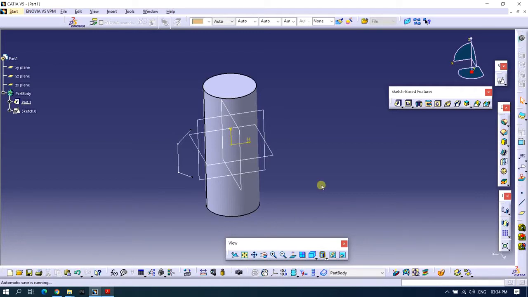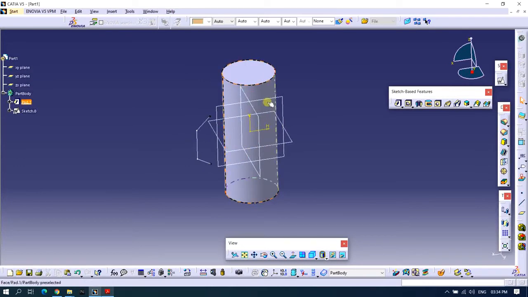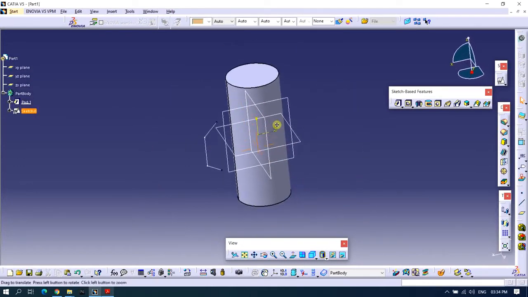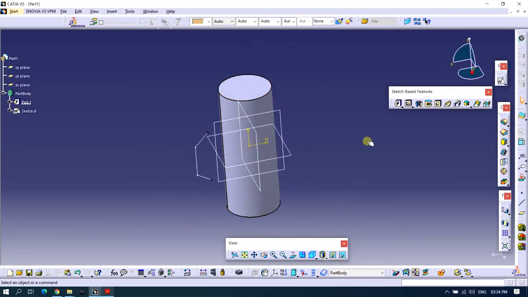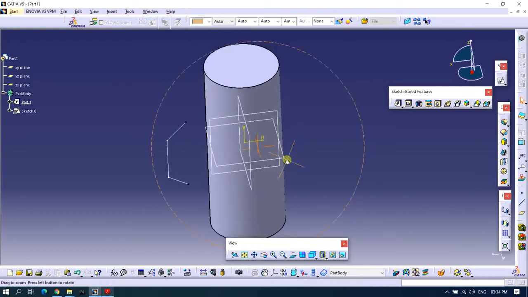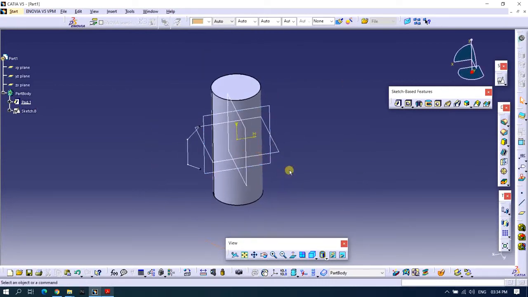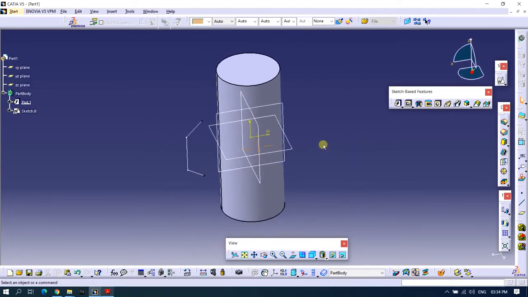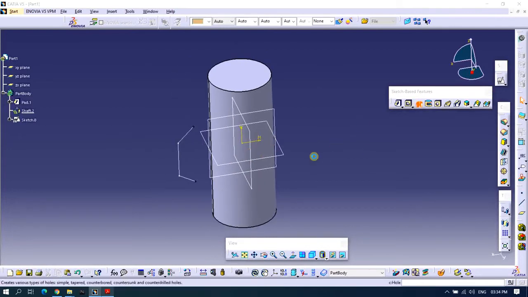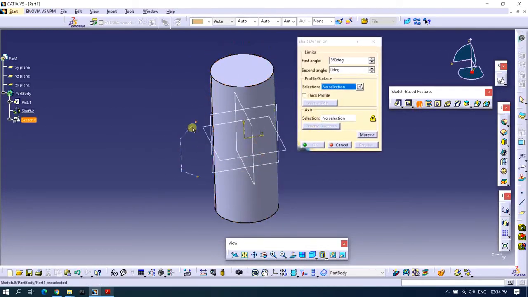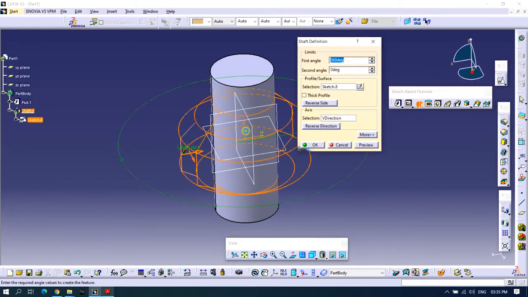Now you can see here I have taken one cylindrical part and I have also drawn one open profile. Now you will see one difference in operating the shaft tool. So let's start. I'm selecting the tool, I'm selecting the profile, and now I'm selecting the axis.